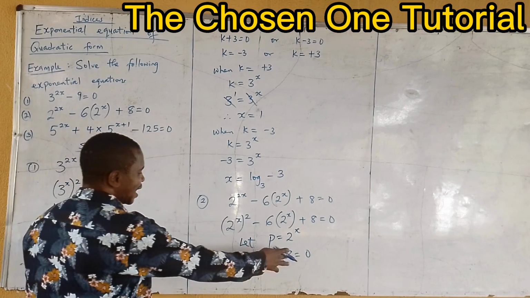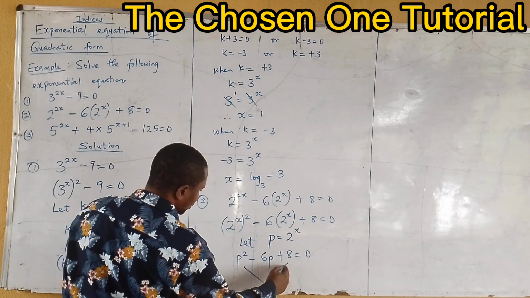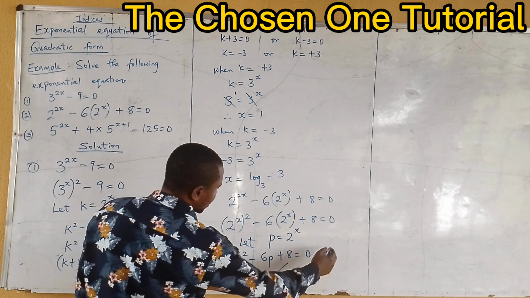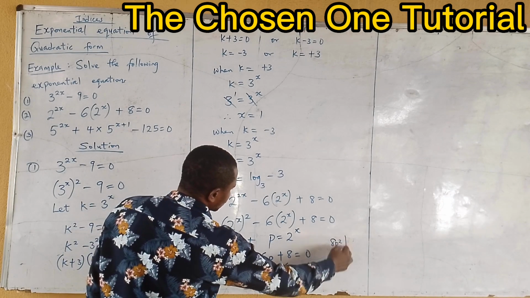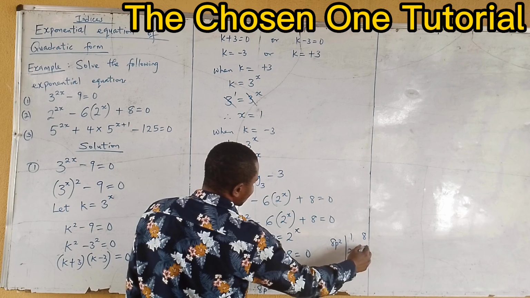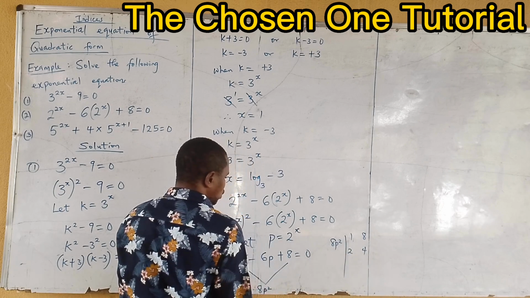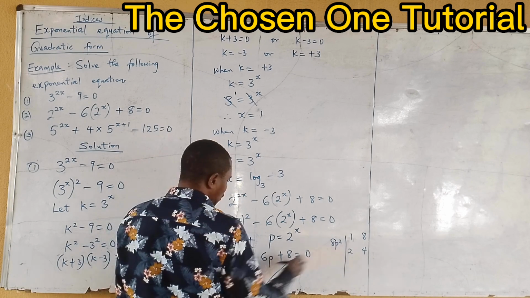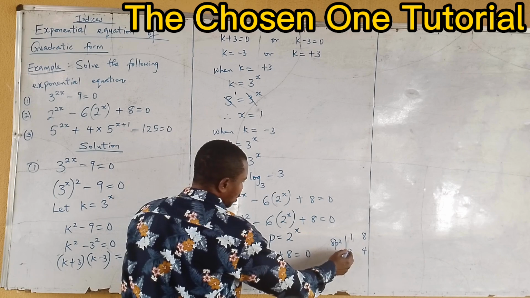P squared times 8, that will be 8p squared. And what are the factors of 8p squared? Don't forget, we are going to have 1 times 8. We are going to have 2 times 4. Which one will you add or subtract that will give us 6 here? That will be 2 and 4. And we have minus 6 here. That means we are going to have minus 2